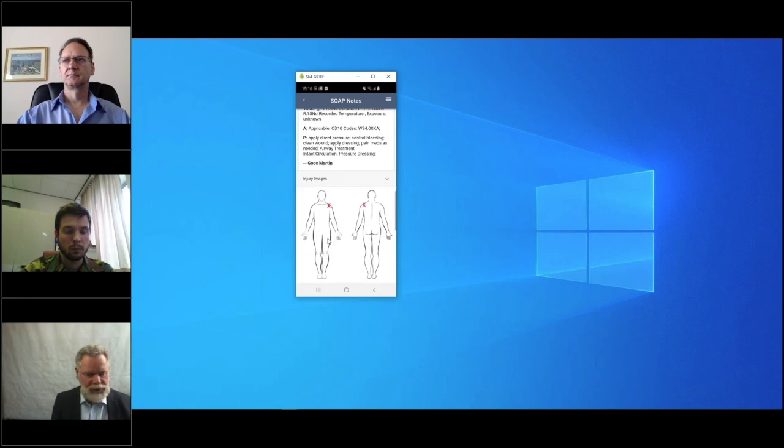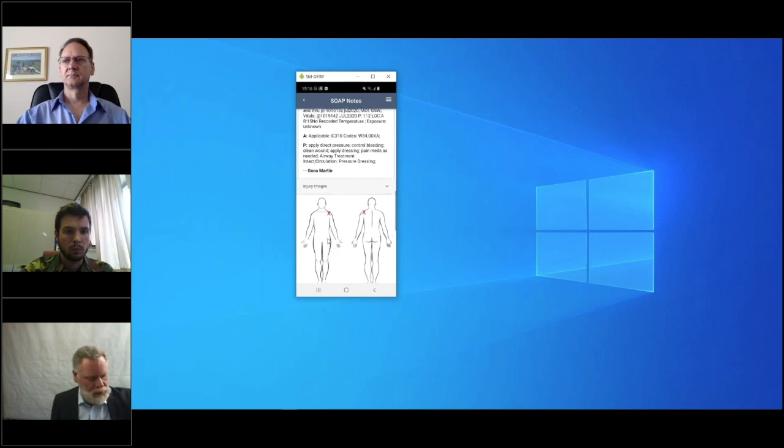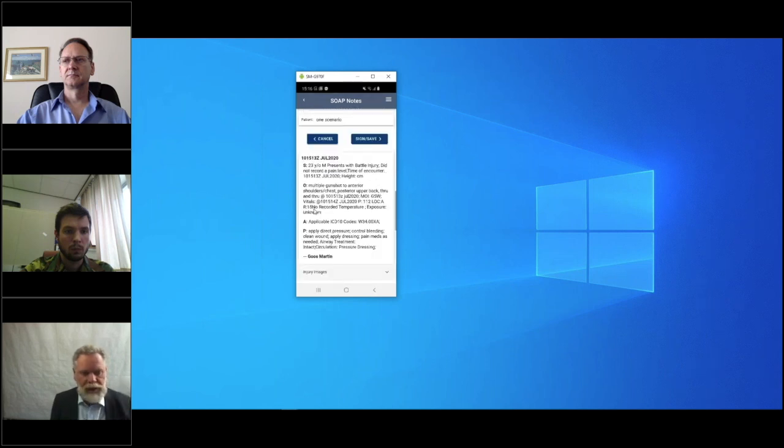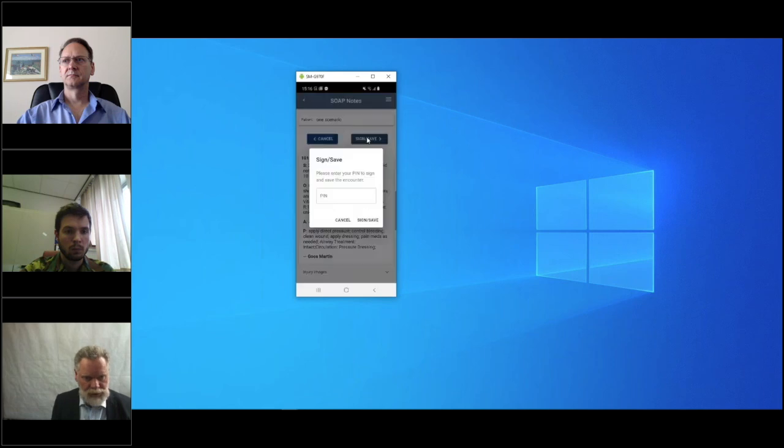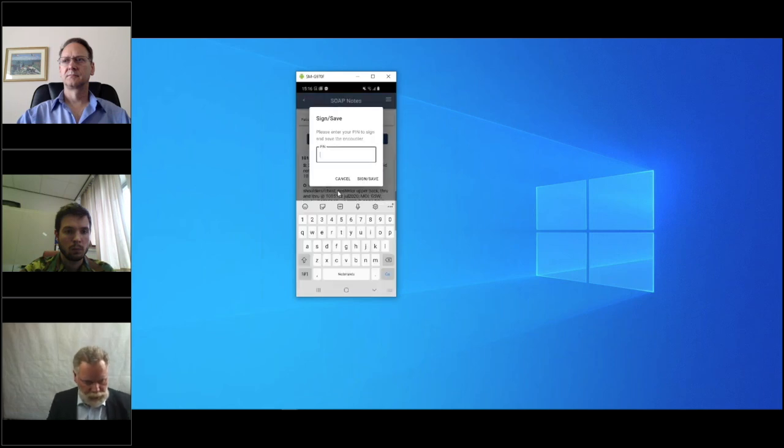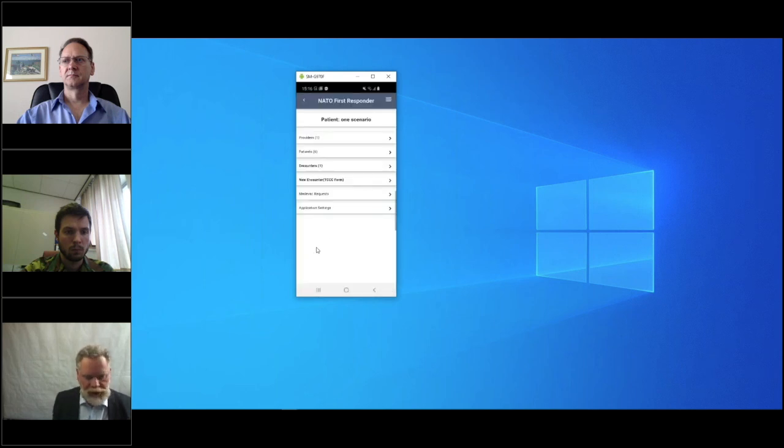You also see the picture where the injury is indicated on the left shoulder. So I'm going to sign and save this encounter. And I'm finished with the registration at the point of injury.